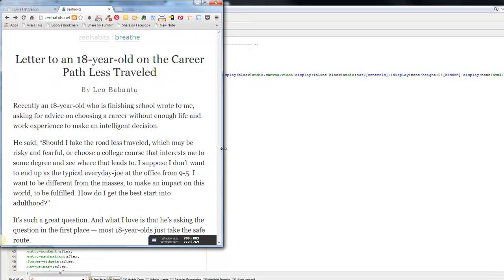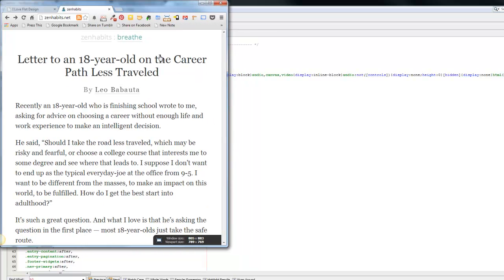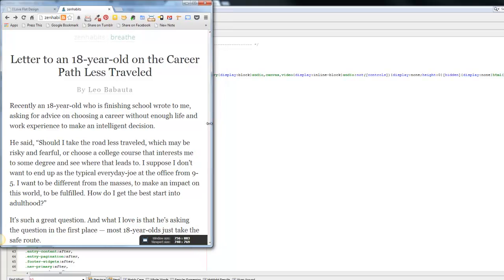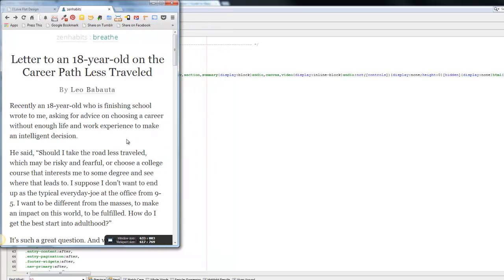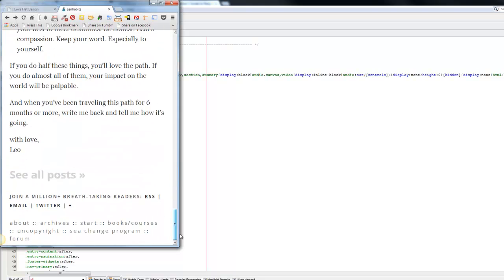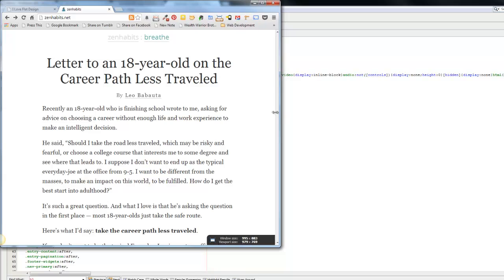You'll notice that the design changes just a little bit. The font gets a little bit smaller. I believe the padding around the edges here gets a little bit smaller, and it changes just ever so slightly at the end. So this isn't even really 100% of a liquid layout. This is more of a fixed grid, because it stays at a fixed grid all the way until right at